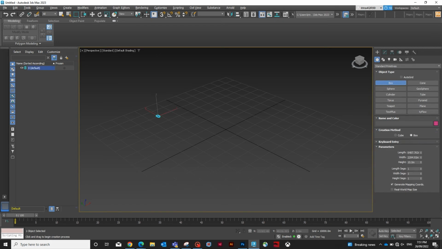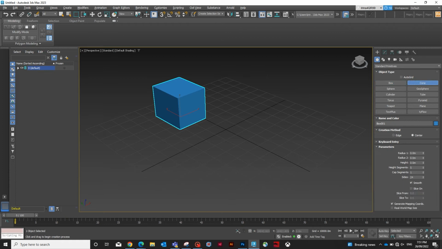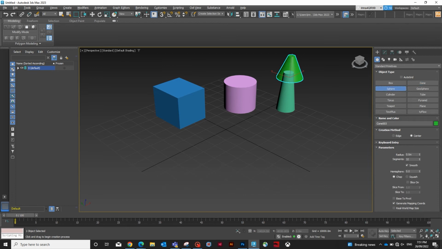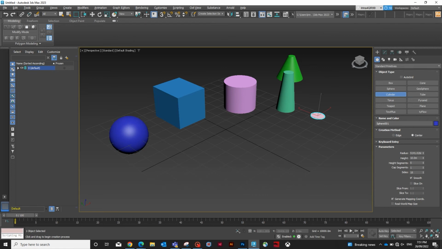On the side, you can select a box and easily create one by just dragging and dropping them. Depending on the way you drag and drop it, you can change the way the object looks. For example, I've just created a few different ways you can show off a cone. Some can be a bit thicker, a bit thinner on the top, and then you've got different spheres, a basic one, and then you have a cylinder,